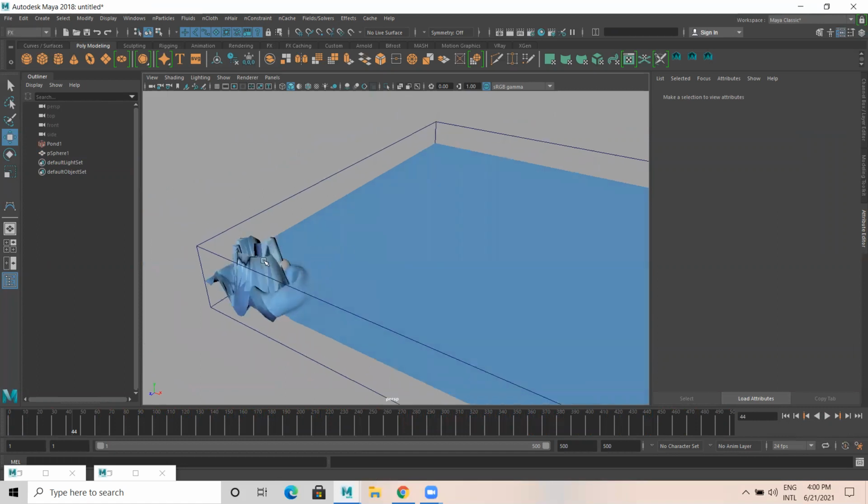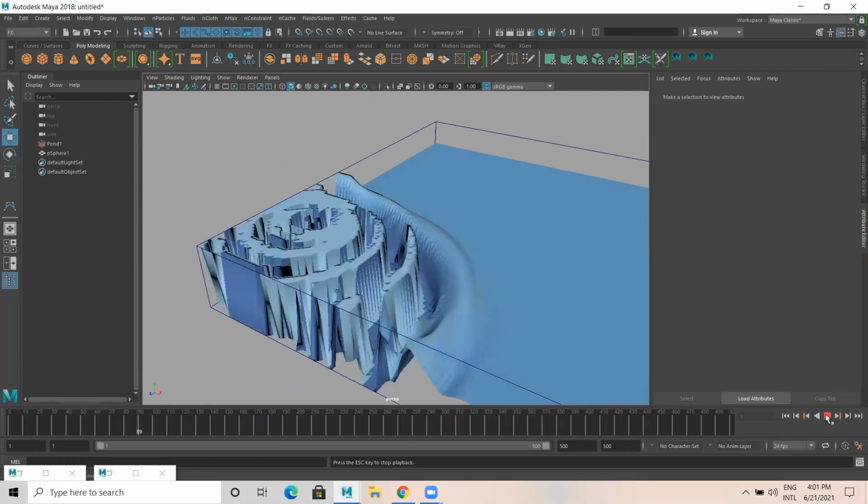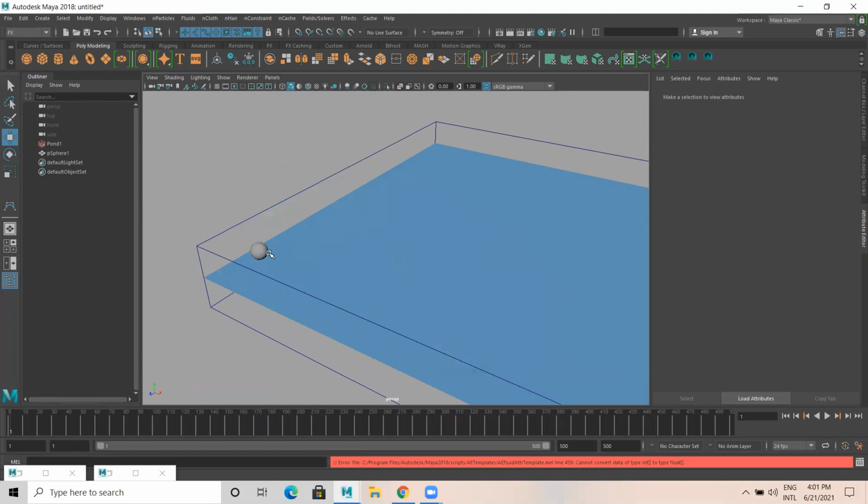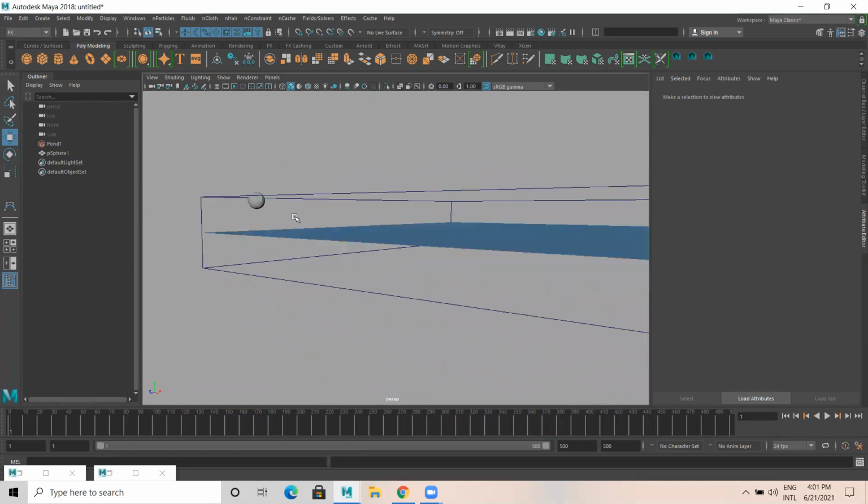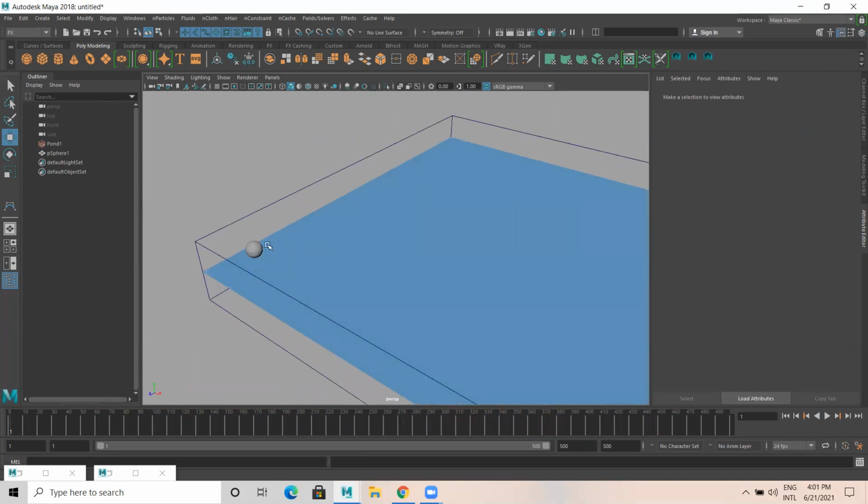Since motion path was there, the sphere is getting affected. Okay. So the first frame, the object should not be collided with the surface. So what I did